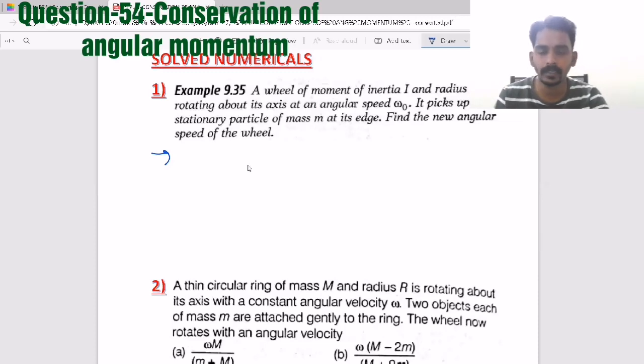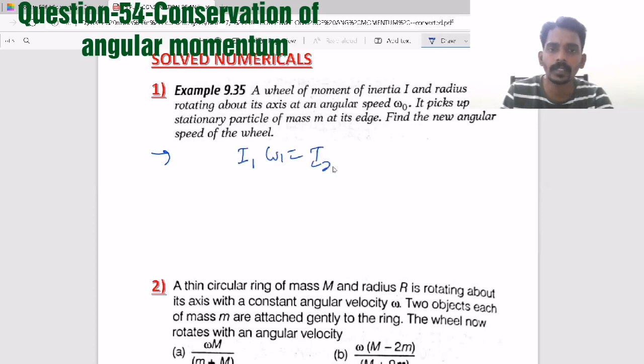It picks up means they are not saying someone is throwing it on. So we consider that it takes one mass and attaches it very gently. So we can apply I1 omega 1 equals I2 omega 2 according to conservation of angular momentum,